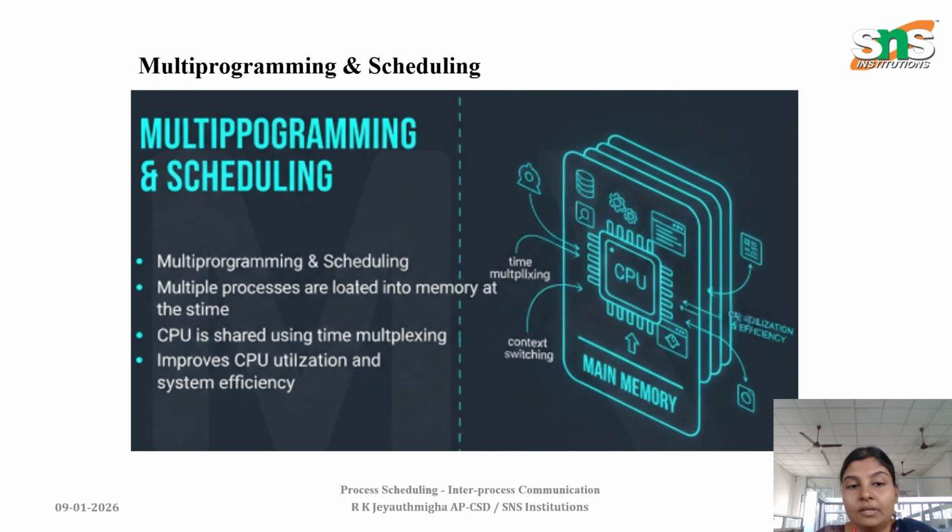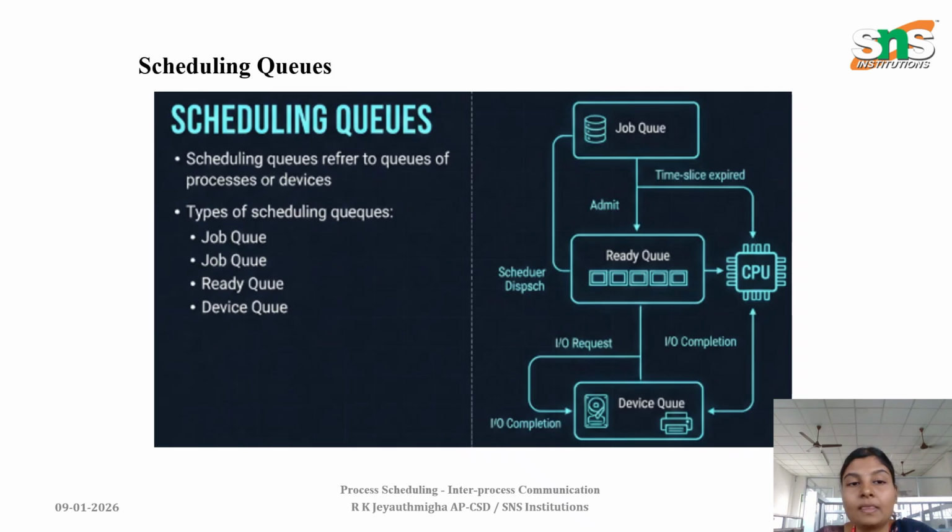Multi-programming and scheduling: multiple processes are loaded into memory at the same time. The CPU is shared using time multiplexing. It improves CPU utilization and system efficiency. Scheduling queues refer to queues of processes or devices. The types of scheduling queues are